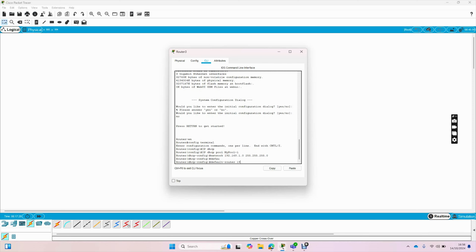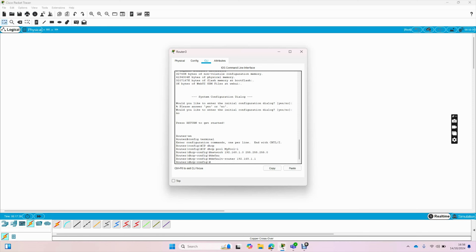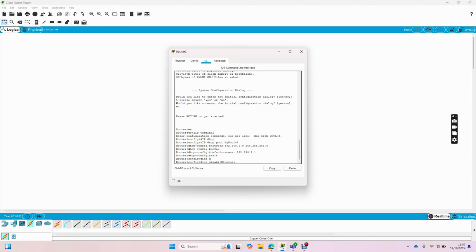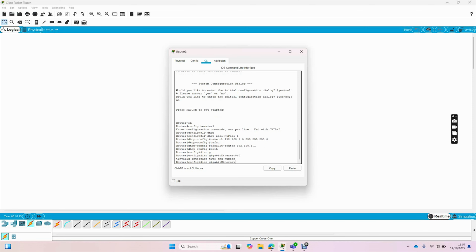So configure terminal, and we will straight away define what DHCP has to be on this router. So ip dhcp pool, and we will call it my pool-1. Okay, and the network for this DHCP is